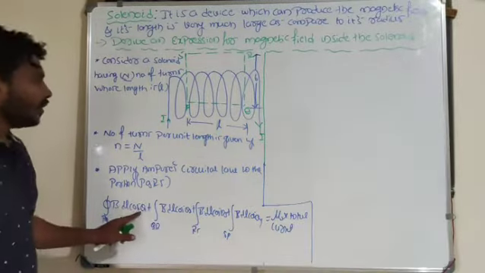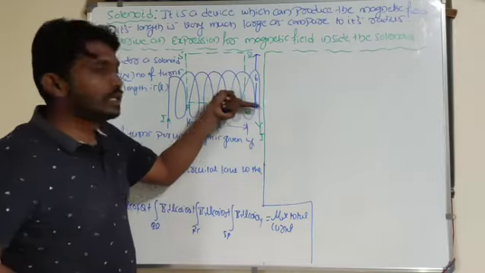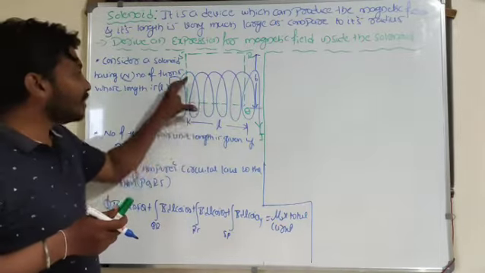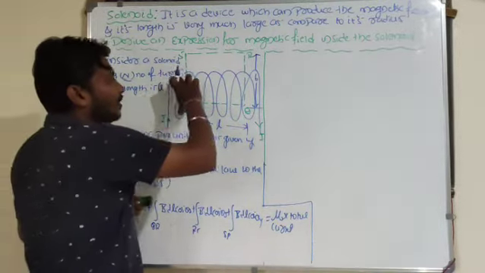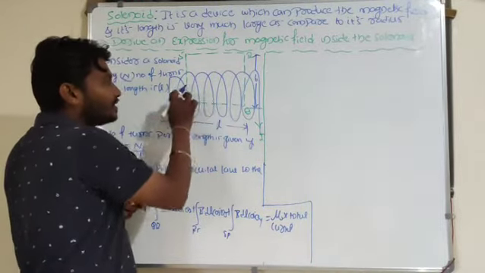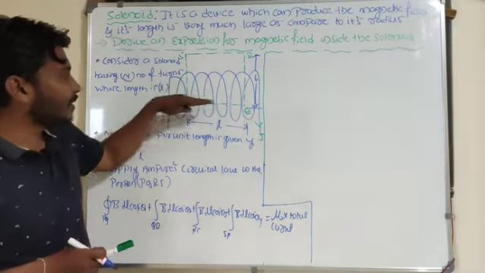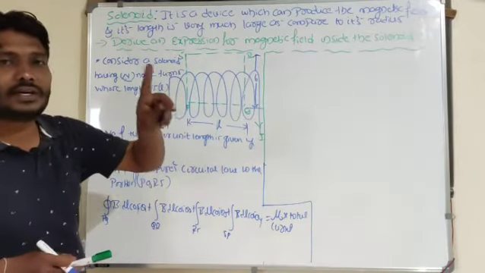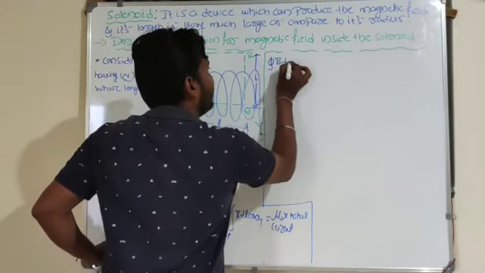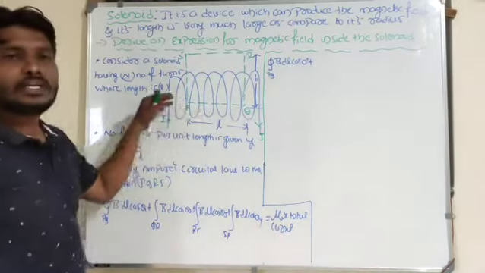Now let me find the angle theta 1. Look at here, the coil is in this direction, and the length PQ is also in the same direction. Whatever coil I place, this point PQ is parallel to the coil. Did you get my point? So line PQ is along the coil, then theta 1 is 0. The integral of B dl cos 0 degree from P to Q.